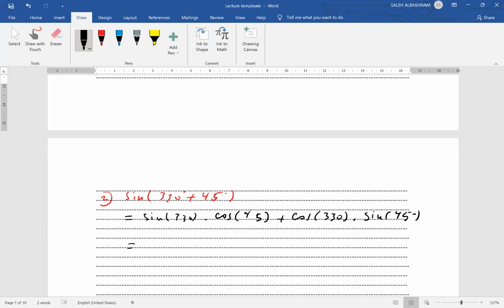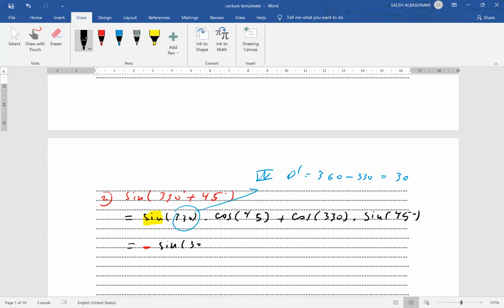Now 330 is in the fourth quadrant. So we need to find the reference angle. In the fourth quadrant, the reference angle theta prime is equal to 360 minus 330, which is equal to 30. But the sign of sine in the fourth quadrant is negative, so we have to be careful about this one. So it is minus sine